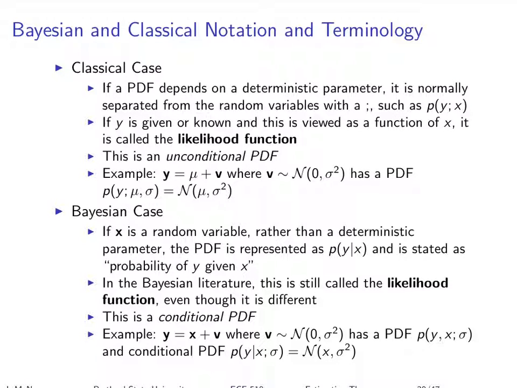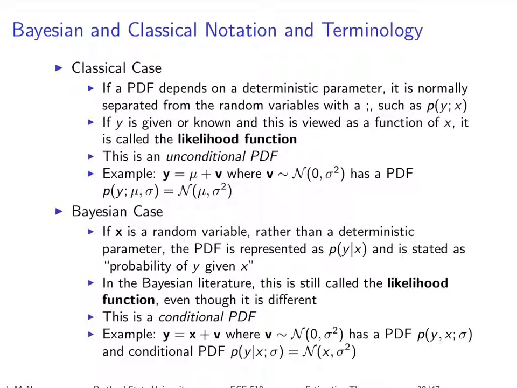Now, I bring this up not because we are going to be using that or that we really care, but to contrast it with something we are going to be working with. This is an unconditional PDF. This is not y given x. When you have that given notation, like I have down here, that given means given that you know what another random variable is. But this is not a random variable, it's a fixed parameter.